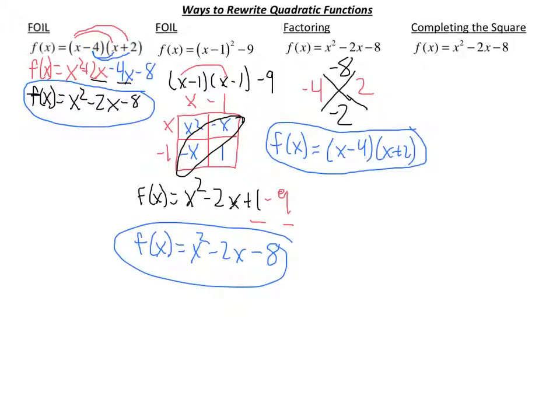This last one will take you the most work, completing the square. Completing the square is going to give us vertex form. So here's how completing the square works. What we're going to do, to start off with, is we keep the f of x. But we are going to group the x squared minus 2x, but we're doing a little thing here where,